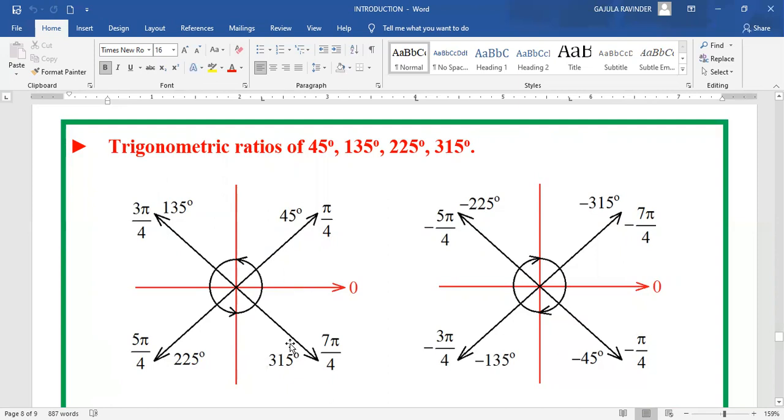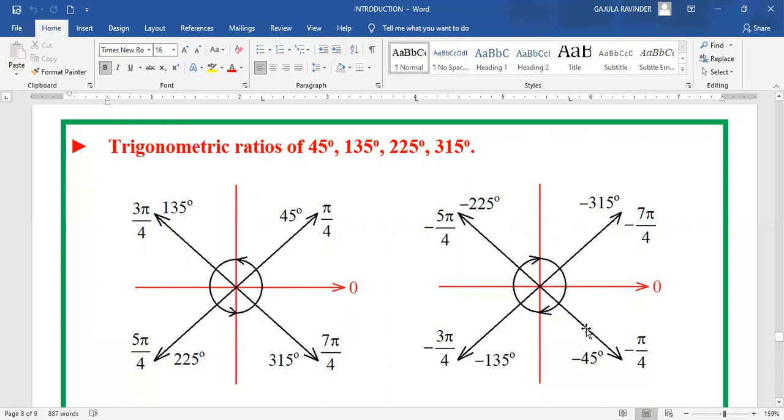Therefore, these angles in radians can be taken as pi by 4, 3 pi by 4, 5 pi by 4, and 7 pi by 4. Whereas in degrees, 45, 135, 225, and 315, adding just 90: 45 plus 90, 135 plus 90, 225 plus 90. Like that, go on adding 90 degrees in the counterclockwise direction, and you will get the terminal rays. Of course, I'll come to this picture afterwards. Otherwise, here itself you can say, when this is 45 degrees in the counterclockwise direction, this will be minus 45 degrees.